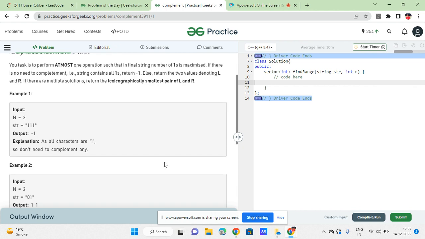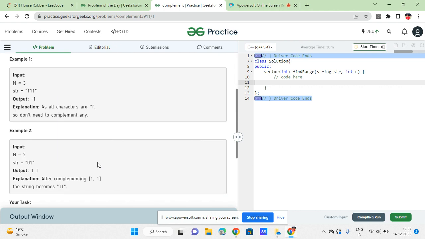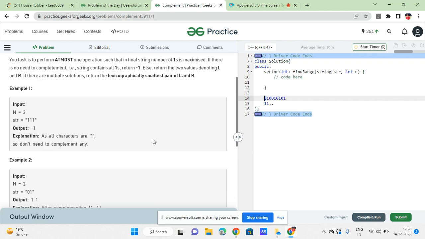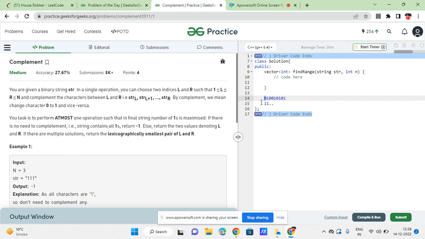Okay, that's about it. But the thing is, you need to see the maximum number of zeros which are there in a particular range. Let's take a good example like this. If you just flip this 0, then you will make the string double one, and the rest is the same. But you've made just one index good, right? You can perform this operation only once, so you can't do it for these other zeros. So maybe you would like to say,